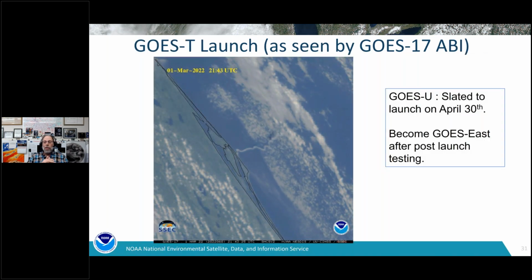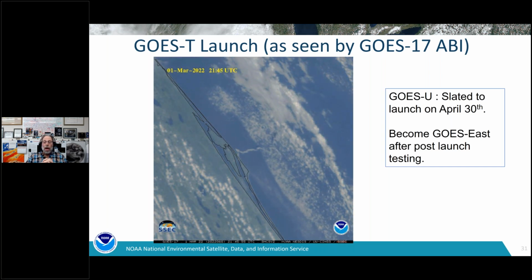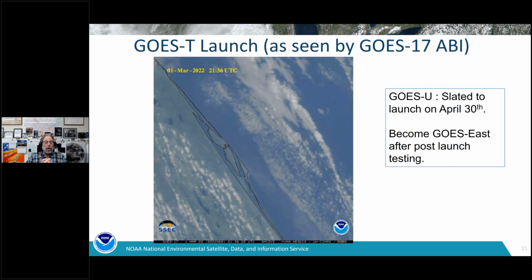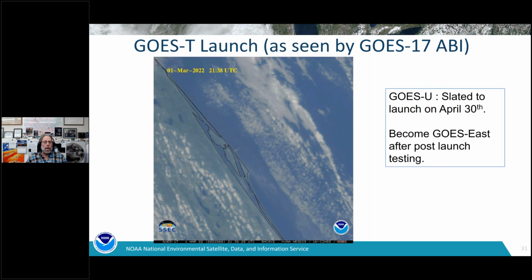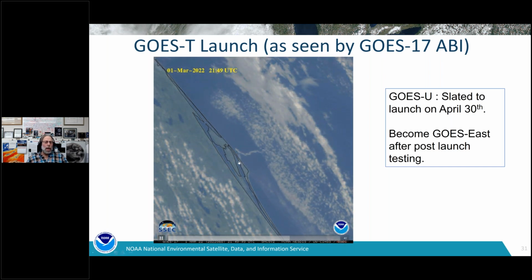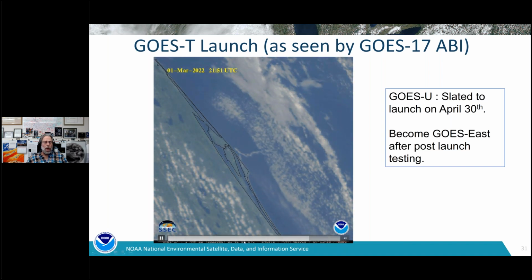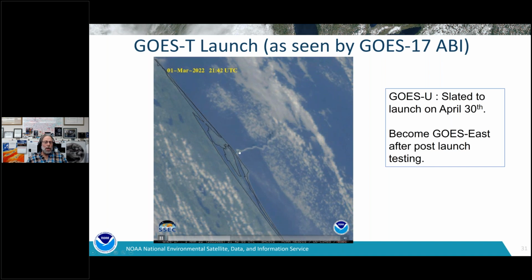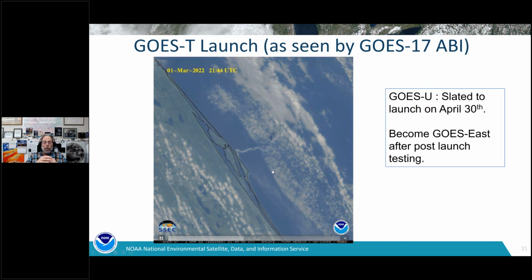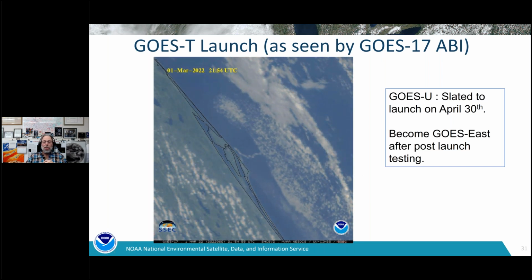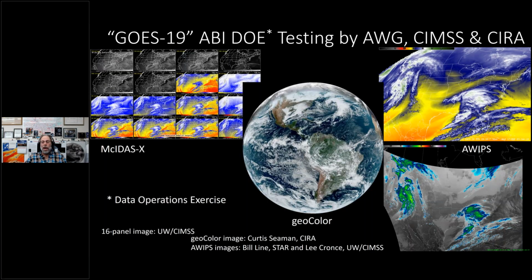April. The other thing we're looking forward to is the launch of GOES-U, slated for April 30th. Recall that after its post-launch checkout, it'll become the GOES East satellite, replacing GOES 16. In the loop here, you can see the plume, from GOES 17 30-second imagery from a research mesoscale request. It gets blown in different directions with height. Hopefully, if the weather's good, we'll also have some 30-second views of the GOES-U launch as well. So looking forward to that.